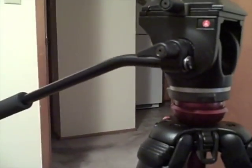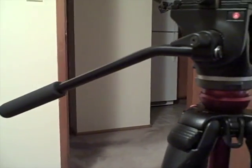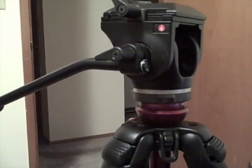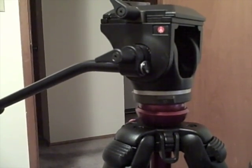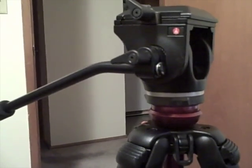But the key to overcoming this, I think, since there's no stabilization, is by using a video tripod, which we have for checkout at the University of Washington. And I'll show you the one I'm going to use. So, as you can see, this tripod is pretty fancy. It's my main one that I use for my own high definition work and costs 3 or 4 times the amount of the camera. But there are cheaper models available, and the important thing here